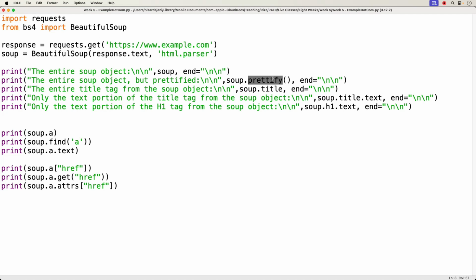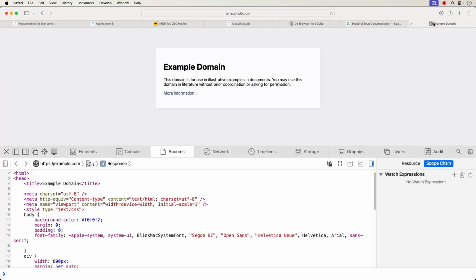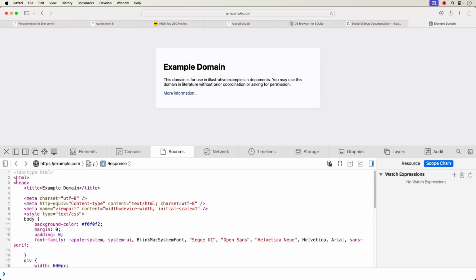Part of the soup object is that you have access to the different tags in your HTML. So if you remember when we were looking at the page source, these are all tags. This is an HTML tag, a head tag, title tag, and so on. So instead of me creating code that, for example, uses regex to find the title and get the text for it, which is going to take a lot of lines of programming,